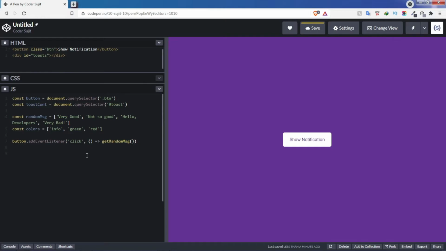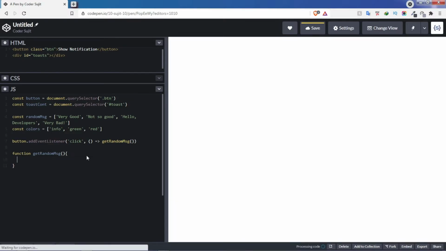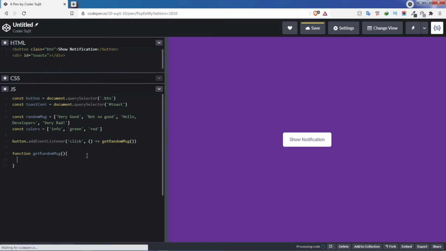Yeah, so now we are going to create this function, get random message, and inside this message, first we are going to create a div, because the toast was a div, right? Remember,